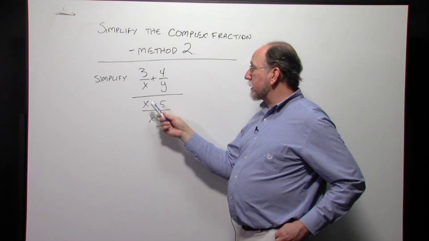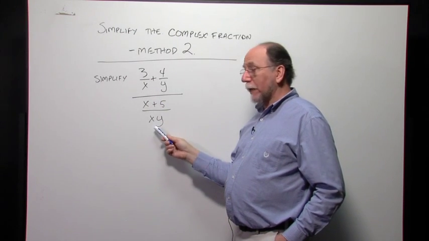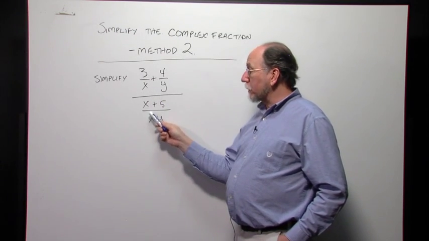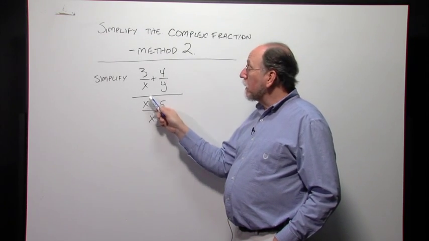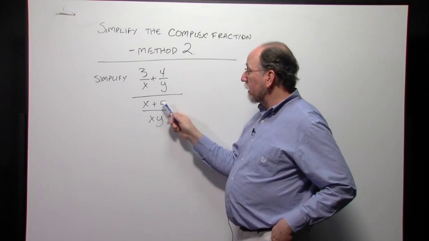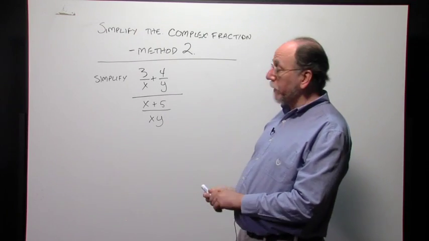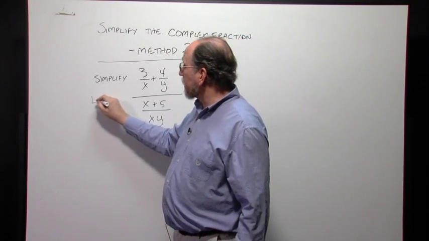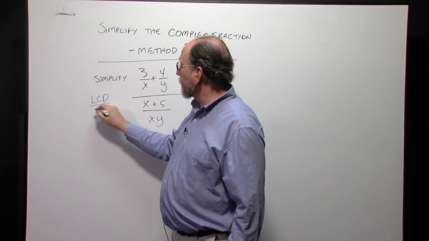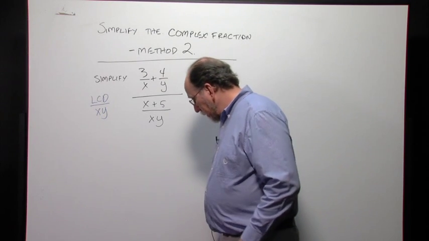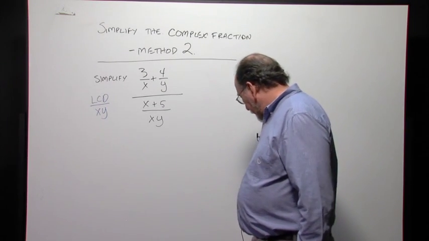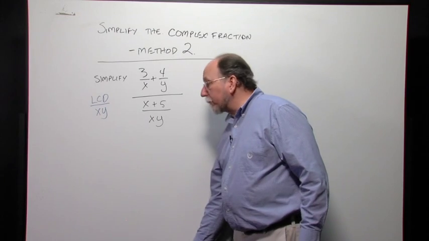So we can see that since this has x, this has y, and this has xy, then xy is the common denominator, because xy divides by itself, x will divide into xy, and y will divide into xy. It's good to write that LCD off to the side. So that instruction further said